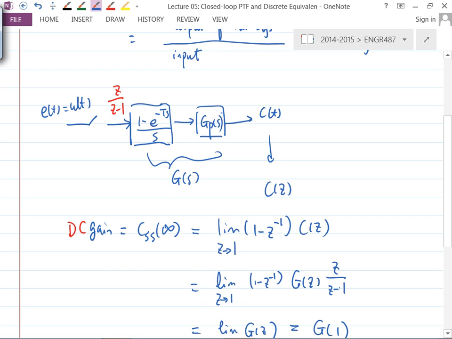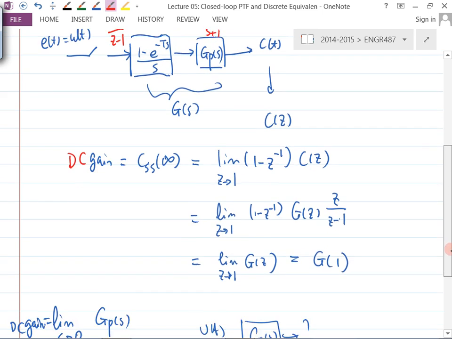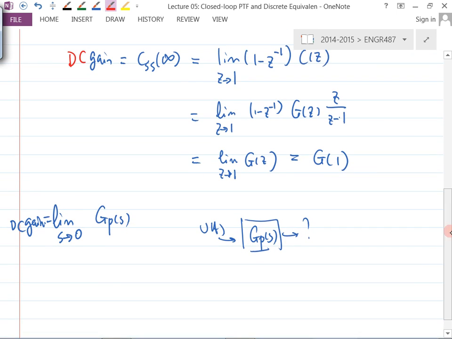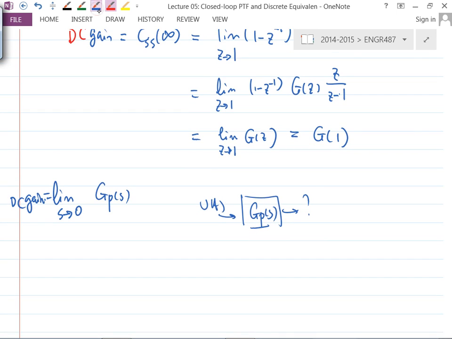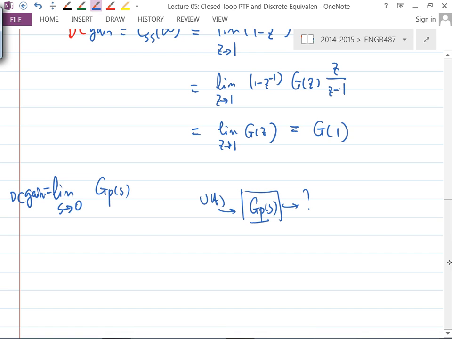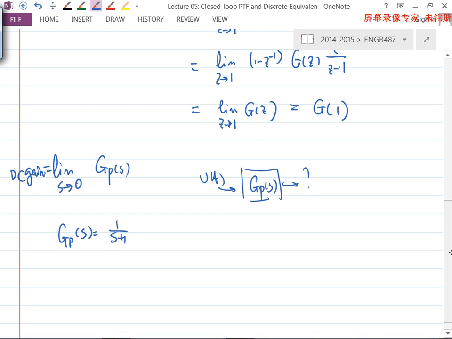In one example in the previous lecture, I put this GP of S here. Let's see, what did I put? I said this GP of the plant is 1 over S plus 1. And let's say in this particular case, what will be the DC gain? So if GP of S is 1 over S plus 1, and we're